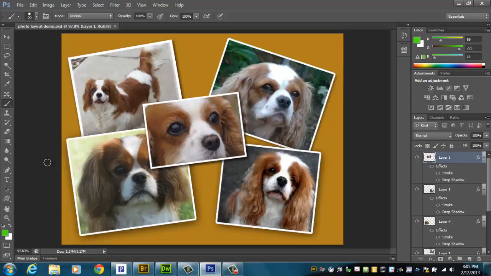There's a background back here. All right, there's a kind of brownish background, and then I've got 5 photos laying on top of that background. You'll see that there's some effects applied to those photos. They have kind of a white border, they have a shadow, and you don't have to use these photos of